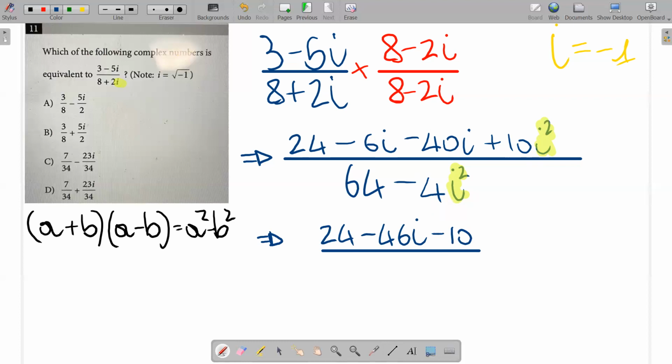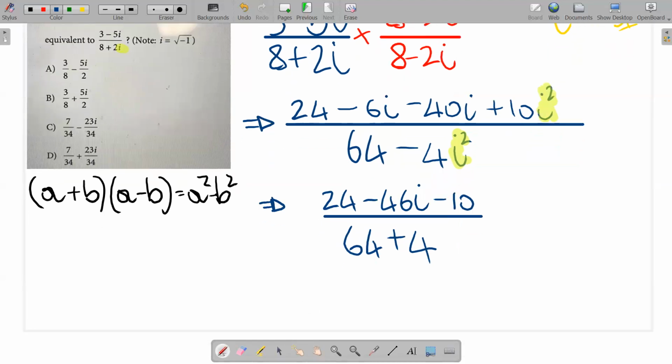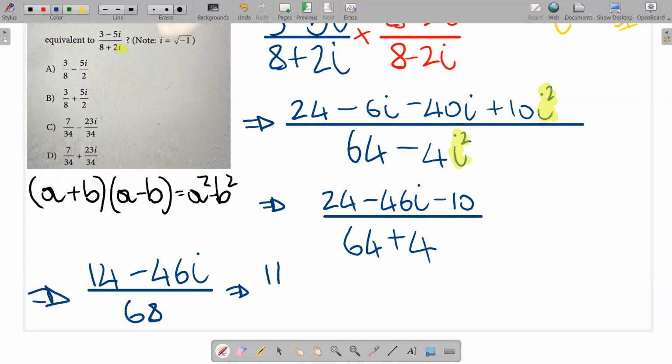At the denominator, we will have something similar: 64, then multiply negative 4 by negative 1, so it's going to be 64 plus 4. And now we can simplify further, and we obtain 24 minus 10, which is 14, minus 46i, over one number, which is 68, which we can rewrite as 14 over 68